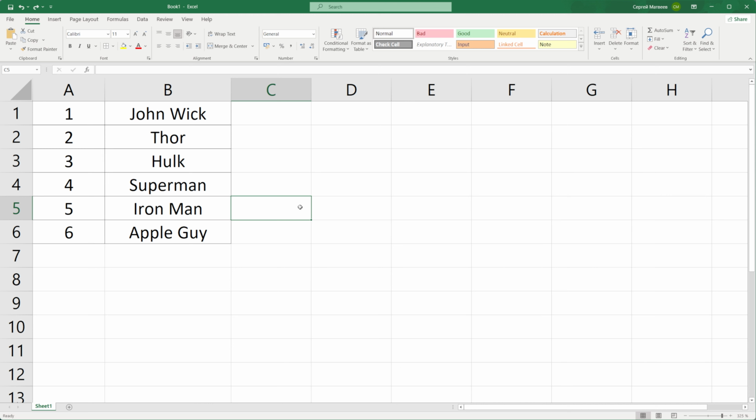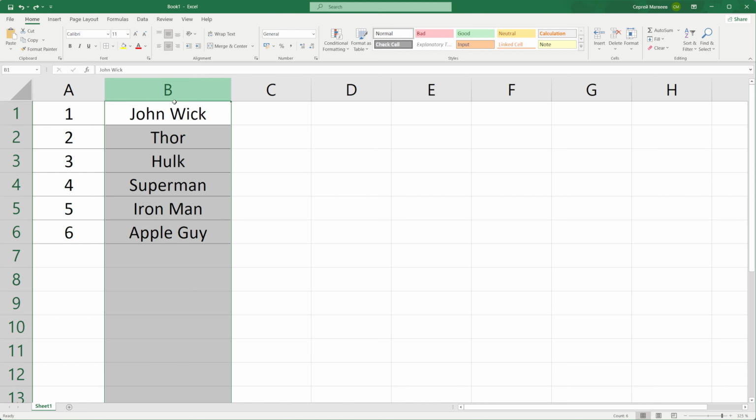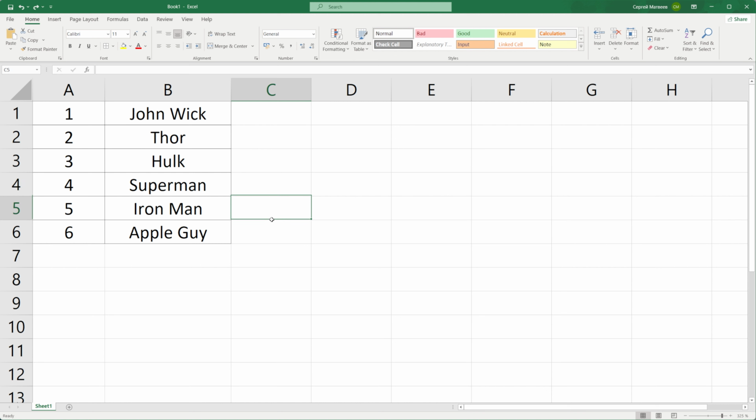In this video, I'm going to show you how you can easily insert rows and columns in Excel. Be sure to watch the video to the very end so you don't make any mistakes. Let's get started, guys. As you can see here, I got a table, and basically all we have to do